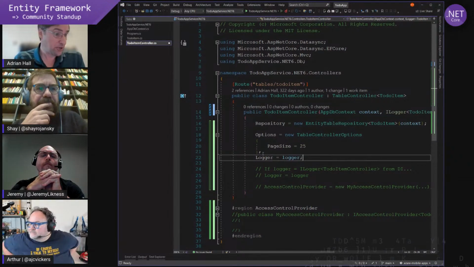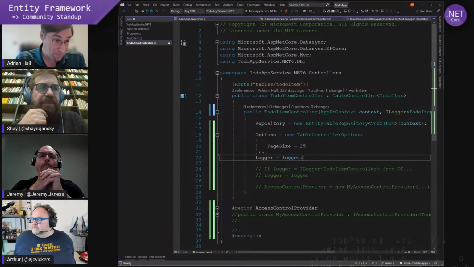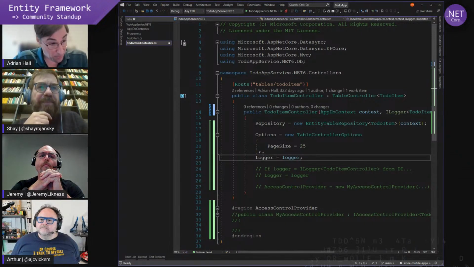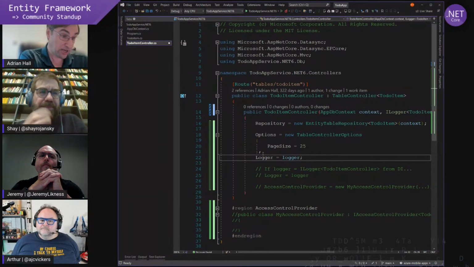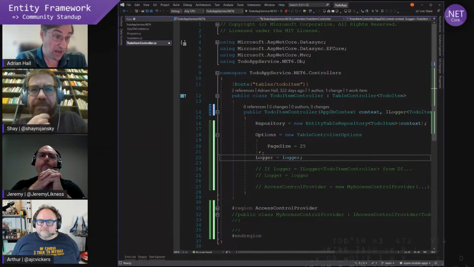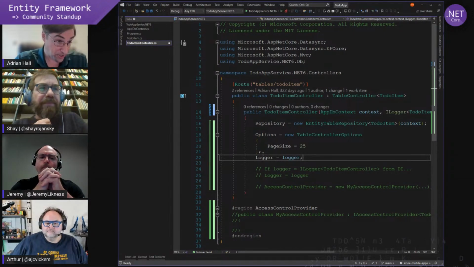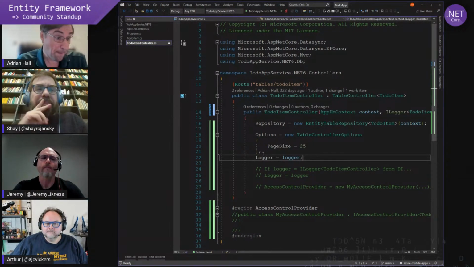For the in-memory repository, in order to make that available across all of the controllers, you will want to establish the in-memory repository during your program.cs setup, and then inject it with DI as a singleton, and then pick it up in the controller as a parameter and set the repository there.